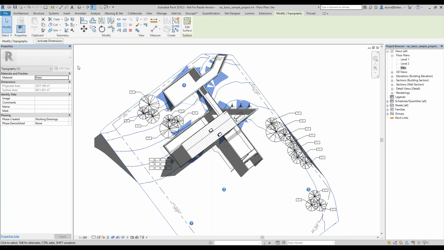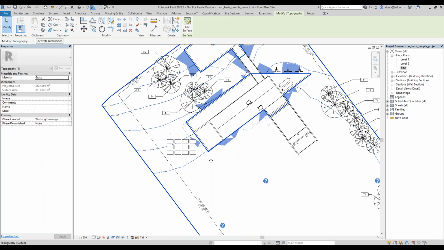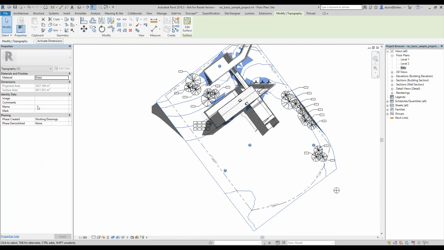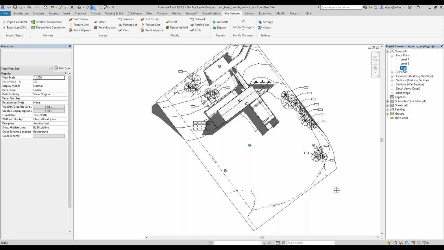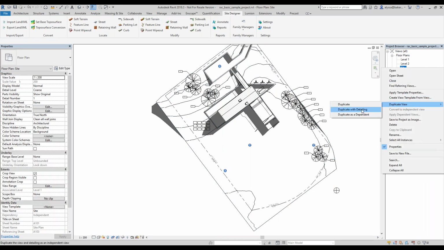So I hit tab and I click that, and you can see that this is the original site that I've selected, with the contours being highlighted because that one's not named. And I can go ahead and name this and say this is the original, just so that we don't get confused. All right, but essentially, I'm on a normal site plan, so I want to duplicate this view,